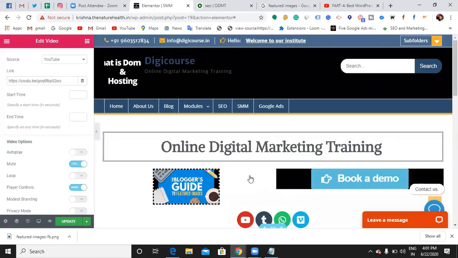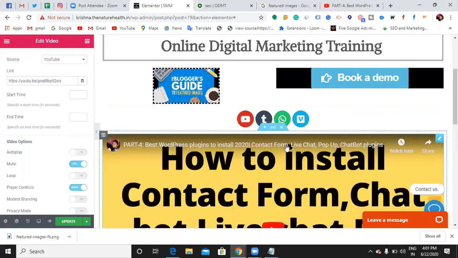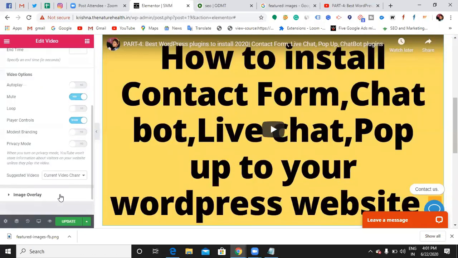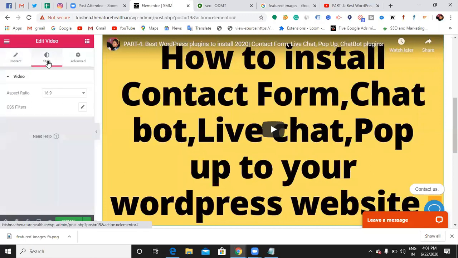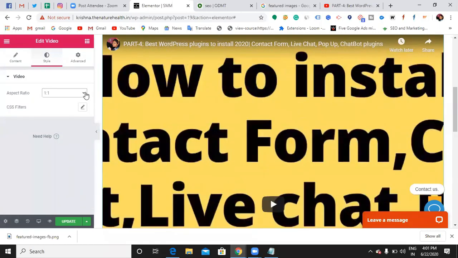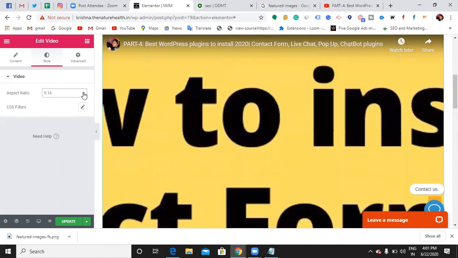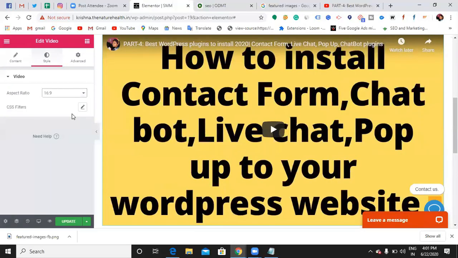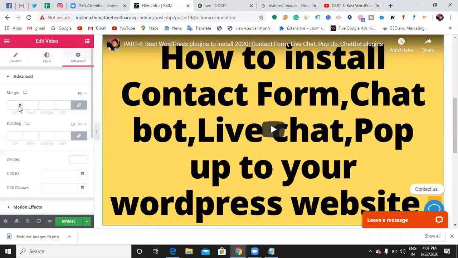Got it? And if you want to make some changes to the background color of this video, you can go with those background colors and all. So style, aspect ratio, 3.2, 1.1. Can you see now? Yes. Then margin, and then